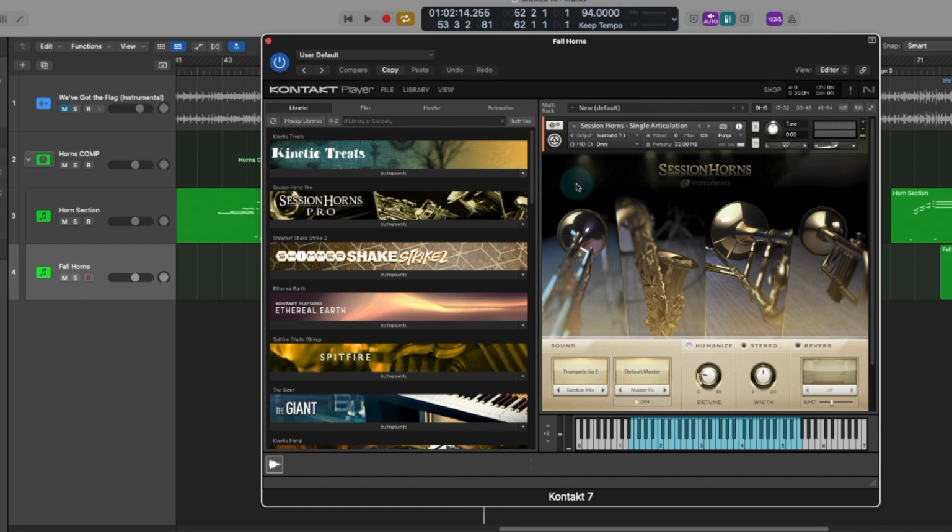If I wanted to have a tenor sax or an alto sax, I had to insert a whole separate channel for that, right? And there might still be times where I'll need to do that because maybe I'm having the saxophones do different things from the trumpets, and that's fine. But just to get the basic sound that I wanted from a general horn section, I had to insert all these different instances of session horns, and that's processing power, and it just causes issues in a really large